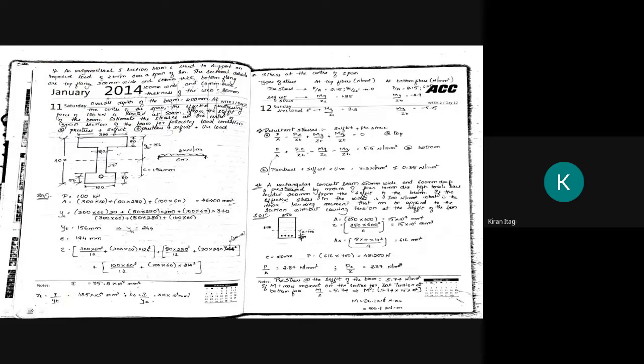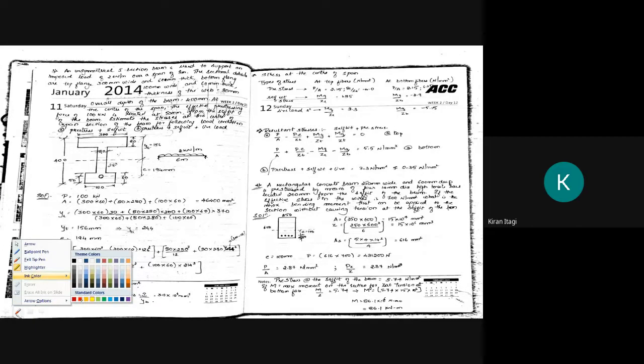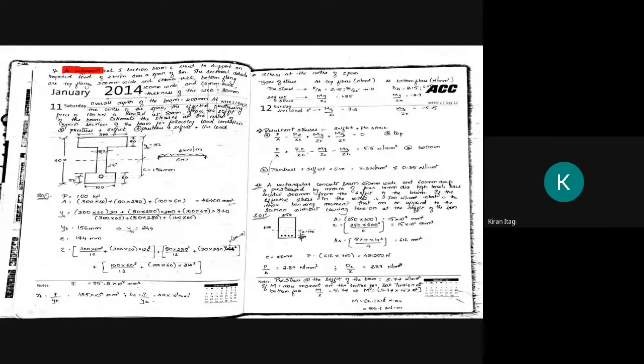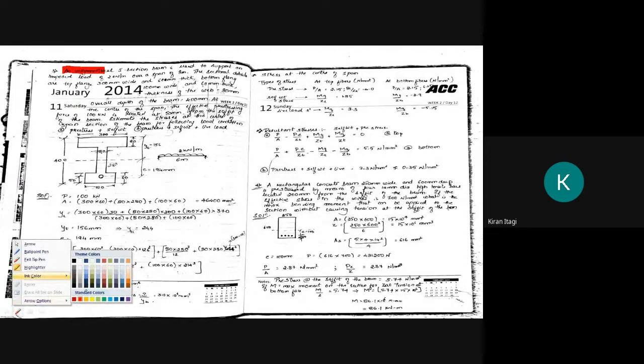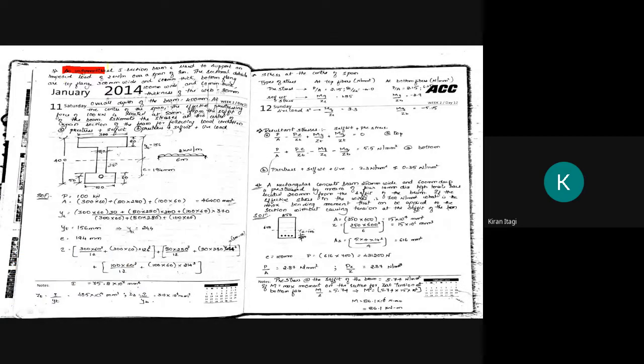Okay, the question is like this: an unsymmetrical I section beam. Remember, an unsymmetrical I section beam is used to support an imposed load of 2 kilonewton per meter. So the live load he has given, that is 2 kilonewton per meter, over a span of how much? 8 meter. It means that we have to calculate the dead load, live loads, and moment due to dead load